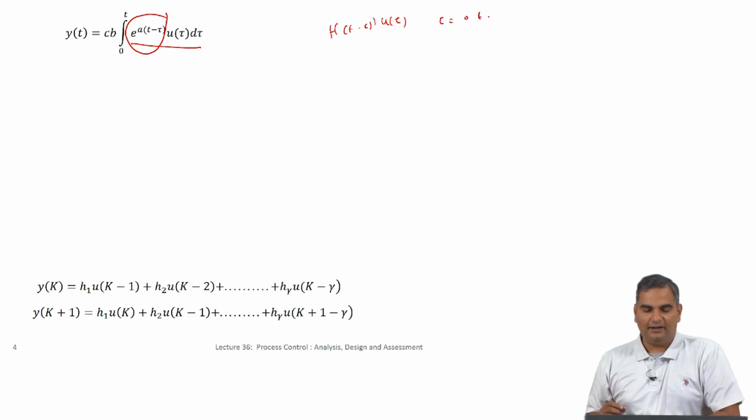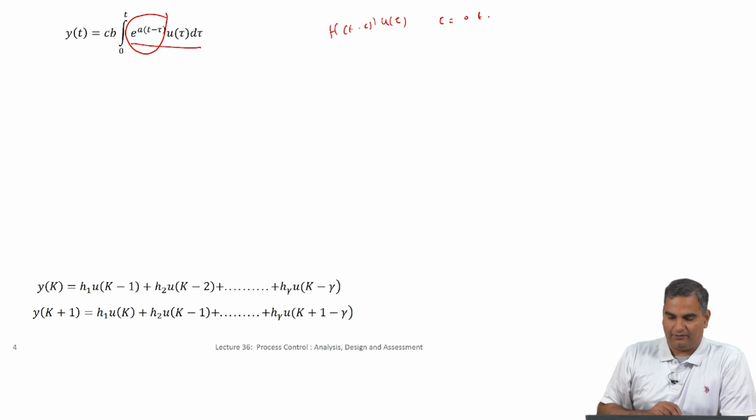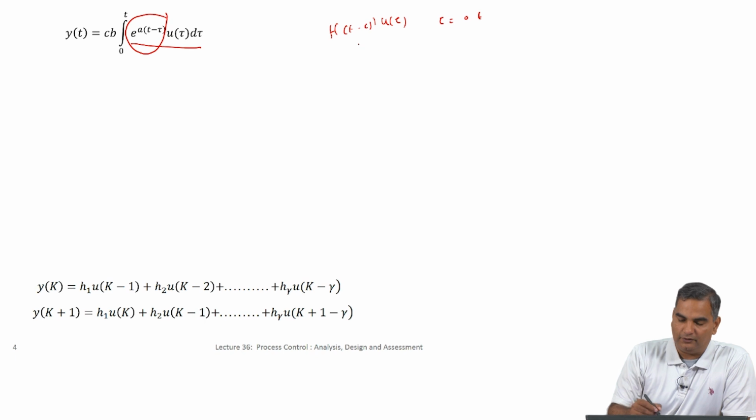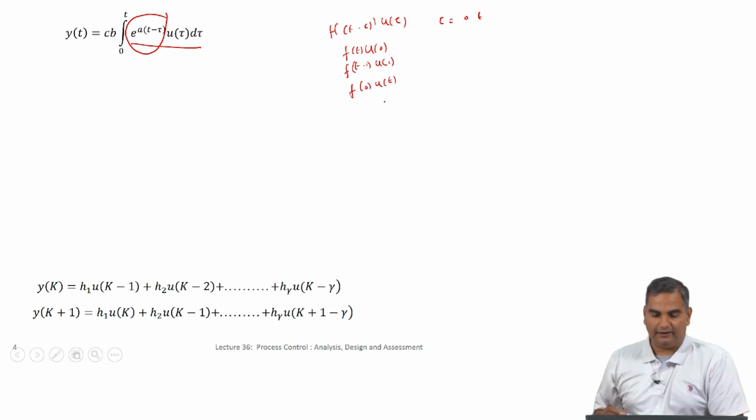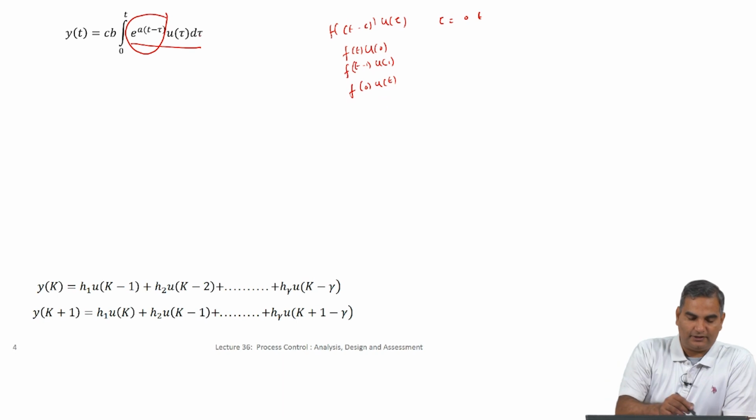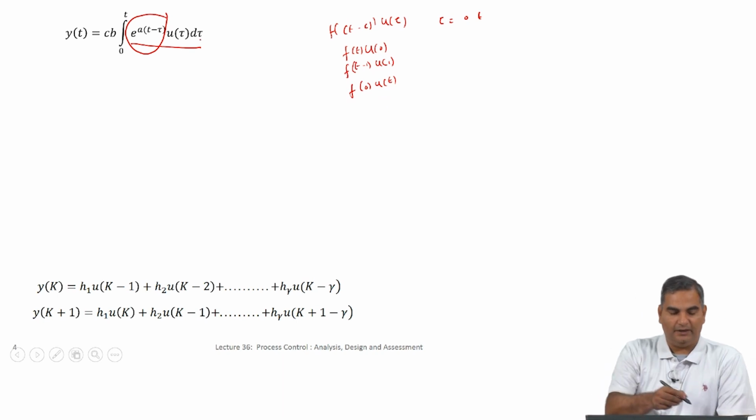In other words, if we substitute different values of tau: if I substitute tau equal to 0, then this is some function of t times u(0). If I substitute tau equal to 1, I get some function of t minus 1 times u(1), and if I substitute tau equal to t, I will get f(0) times u(t). If you think of this as a function multiplying u(tau), this is being done continuously in a regular